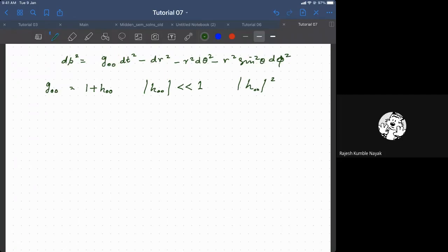Mercury's velocity is much larger compared to the rest of the planets, so it experiences some minor changes. Even that we don't want to include, right? For example, Earth. Earth is far away from the sun. For Earth, V by C is about 10 to the power minus 4. Now, that is a case where it is purely Newtonian. Now, if V by C becomes 10 to the power minus 3 or minus 2, then relativistic effects start to come in.